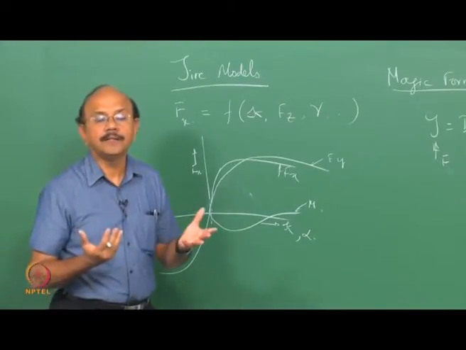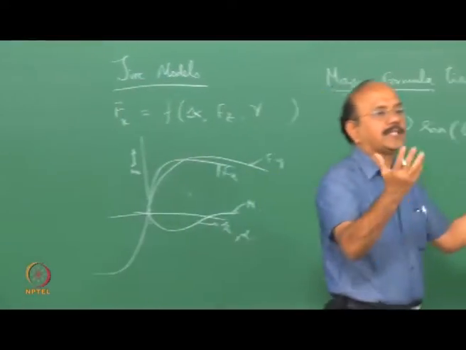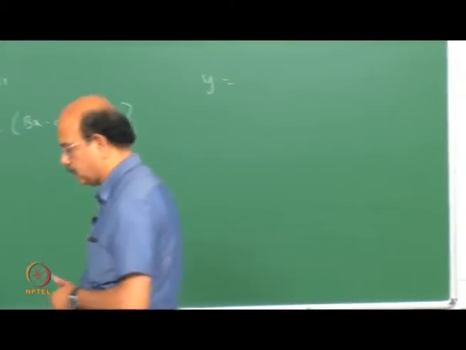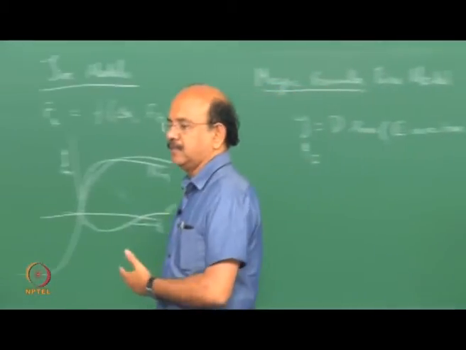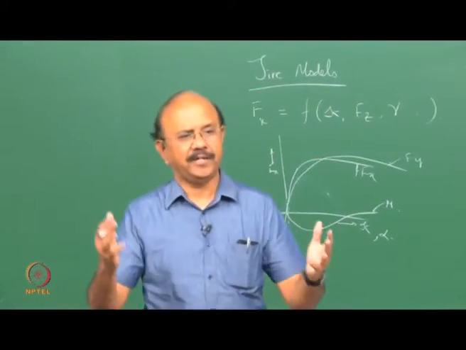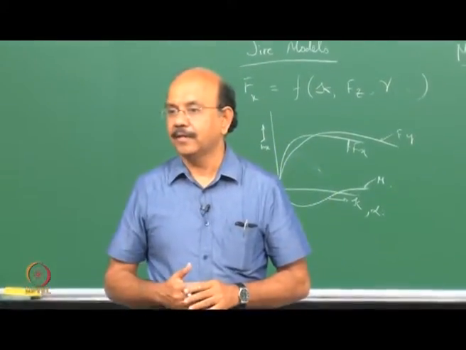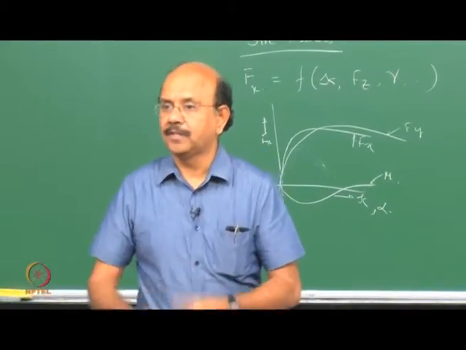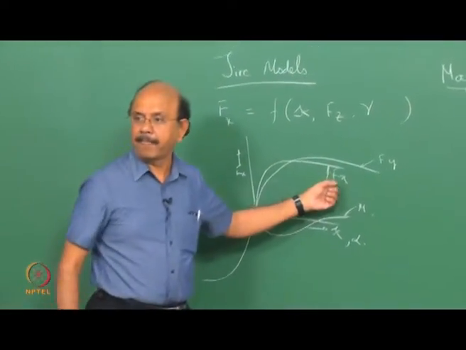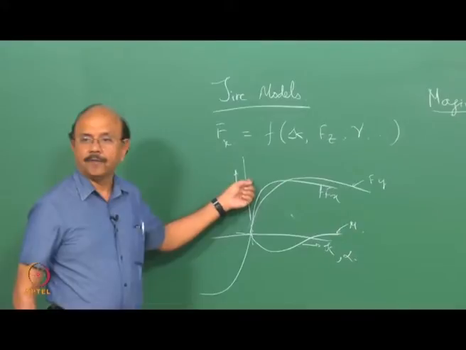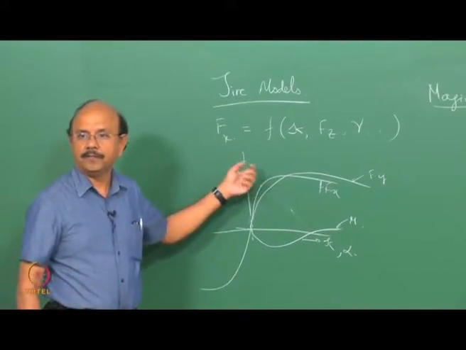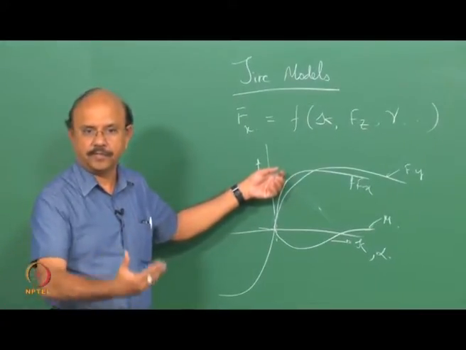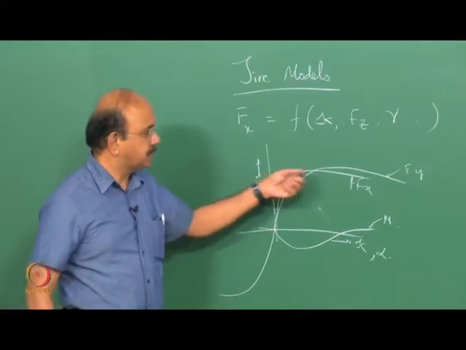That's why the mathematical form of this equation becomes important. You have seen a lot of advertisements where they would claim 0 to 60 in 6 seconds, or 0 to 80 in 7 seconds, or whatever it is. Then I need that kind of traction force, and whether I can develop that force depends upon this equation. I have a maximum force that can be developed. This would of course depend upon the road, Fz and so on, and of course on the friction characteristics. So this becomes very important.